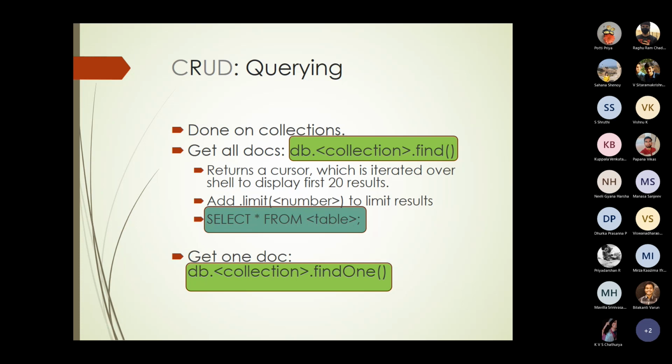And db.collection.findOne, if you specify, then that will get you only one document. You need to try out this one. I'm not very sure about this findOne option, whether I have to pass the name of the document with an ID, or this will give me one by one. I have not tried that particular command.